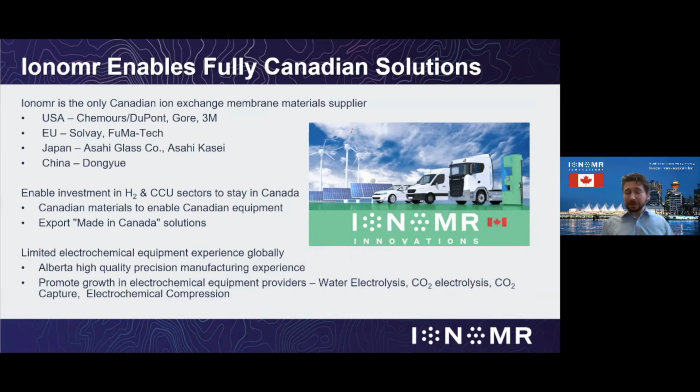Ionomr is in fact the only Canadian ion exchange materials supplier. The United States, EU, Japan, and China all have localized suppliers. They right now support the chlor-alkali industry for chlorine production and caustic production. But we enable pathways around that, in fact, and we can be the Canadian partner to create a fully Canadian